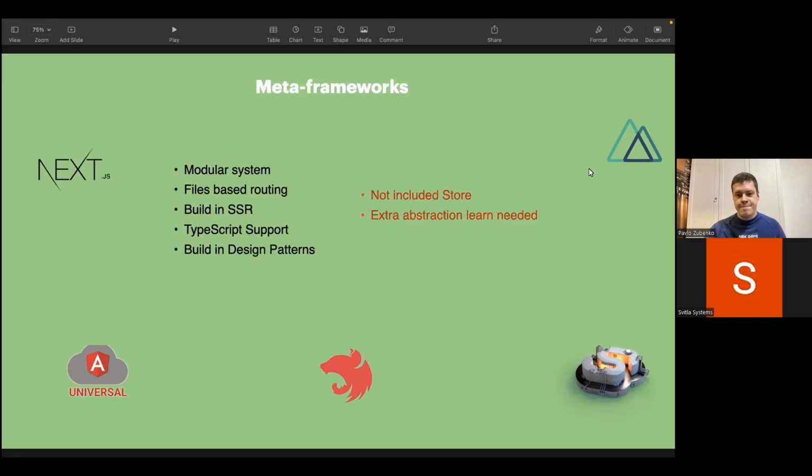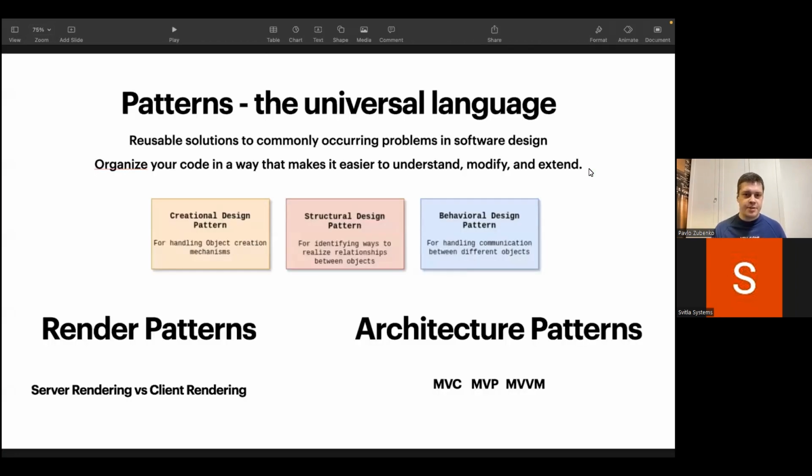And the idea actually is that the patterns in this way become some sort of universal language for application design. Some reusable solutions that commonly cover some problems that we have in our software design, it would be much easier to understand and organize your application.